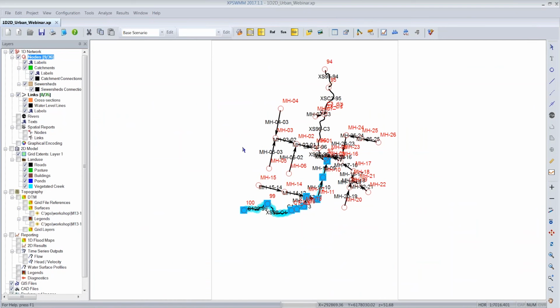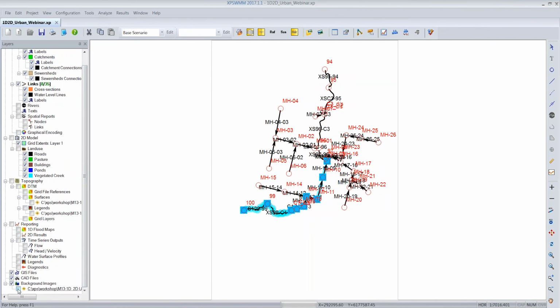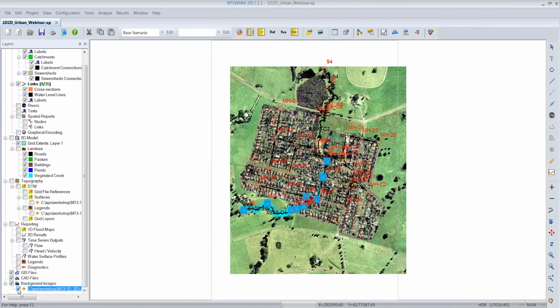And I really want to know from this 1D model, where is this water going? How is it interacting within the urban development? So from this point, I know that I have a good working 1D model, and I want to create a 2D model. Our first step would be to add the 2D grid for the area of interest. I'm going to put the